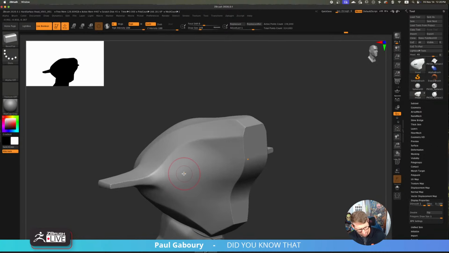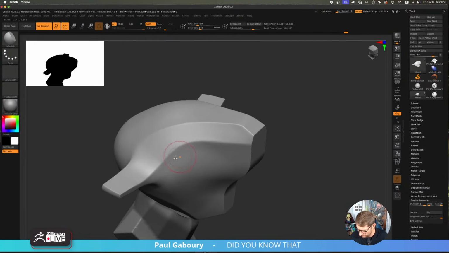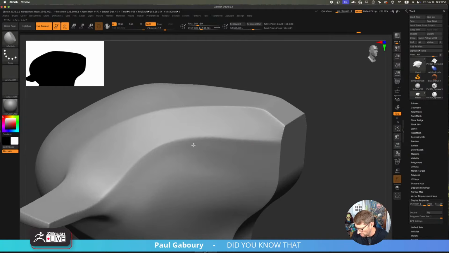And then again, the H polish brush is going to be one of your friends. So this is more of a sculpting brush. As I get closer and closer to the edge, it's going to clean. So if I want this edge to be a little bit more predominant, you can see I'll go really slow. It kind of will start trying to keep that edge. And if I come this way on the other side of the plane and just keep this going, you'll see that the edge keeps getting a little bit more clean, a little bit more clean, a little bit more clean.